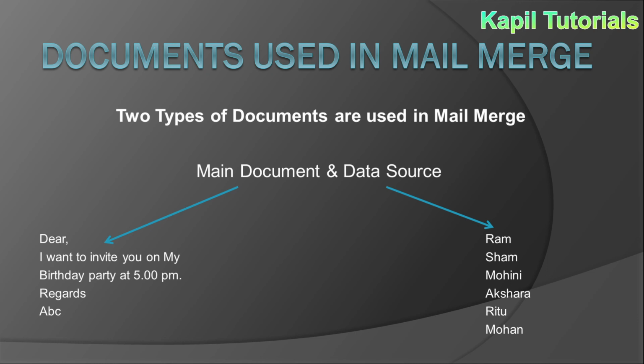So mail merge means merging two kinds of documents: the main document, as I have told you, and the data source. In the data source, not only names are written; this I have only given for example. Along with the names, a mobile number can be there, the address can be there, and any other particulars which you want to add in the data source can all be added. So now I'll take you directly to the process of how we can use mail merge in OpenOffice.